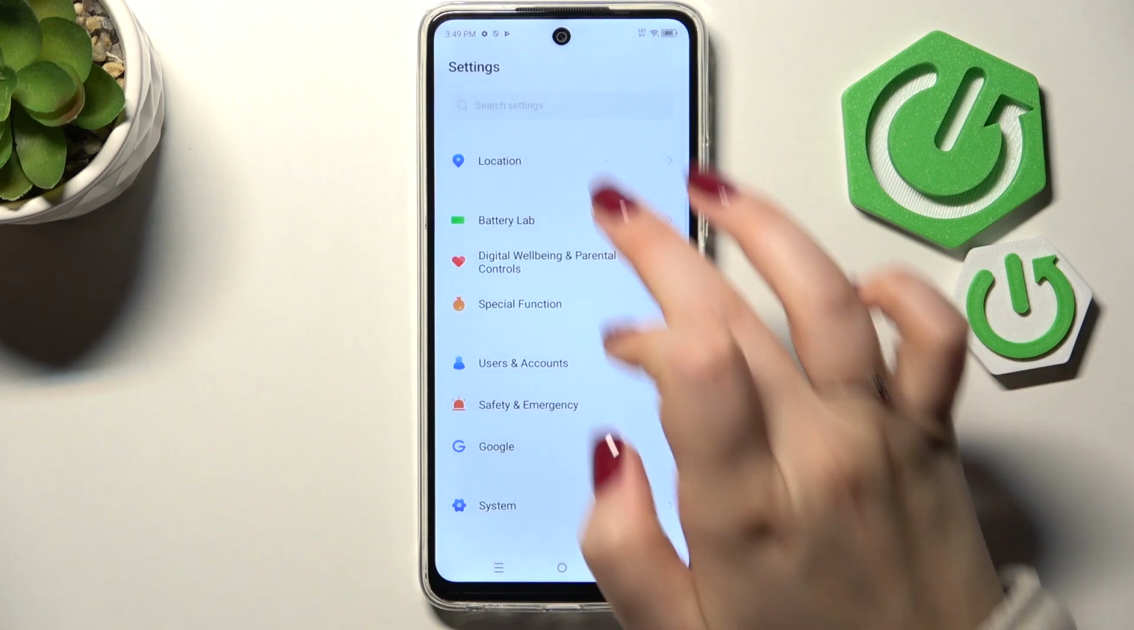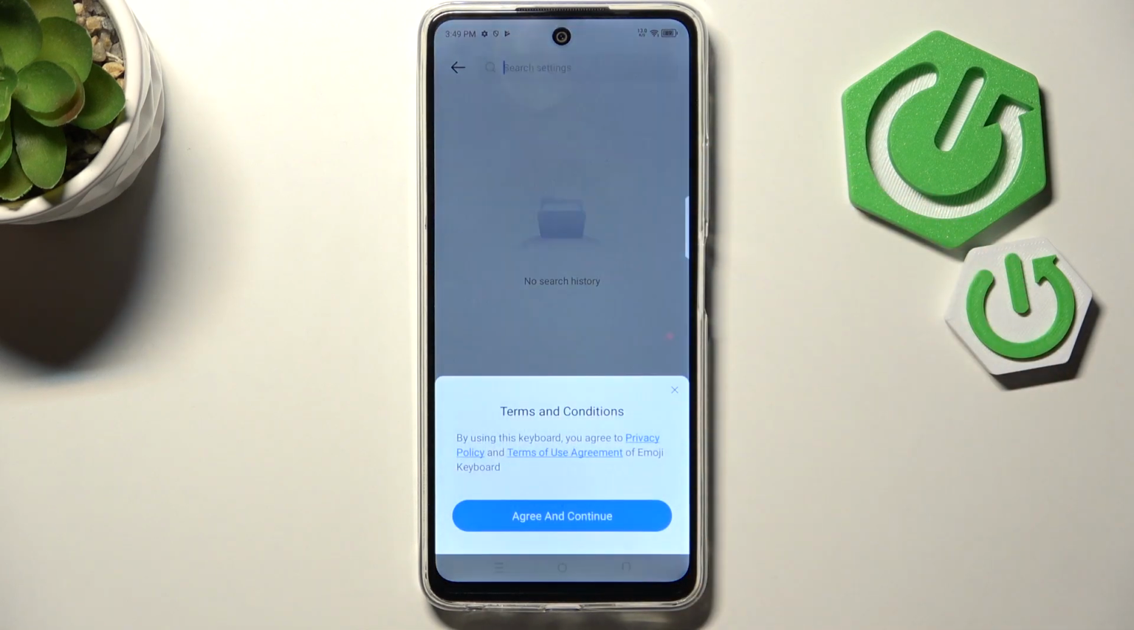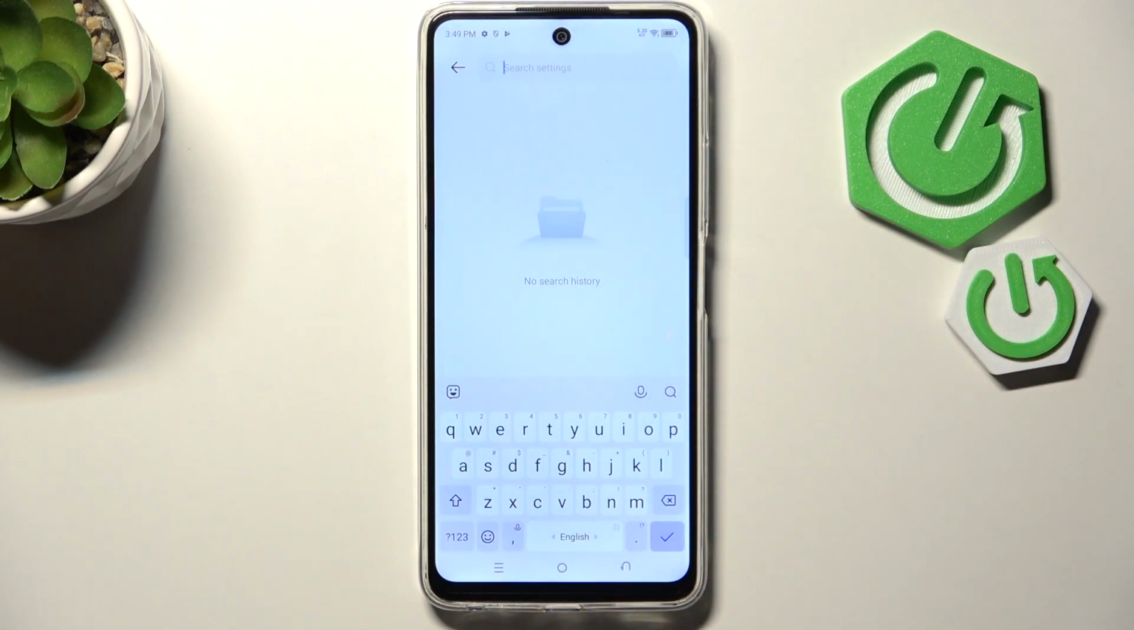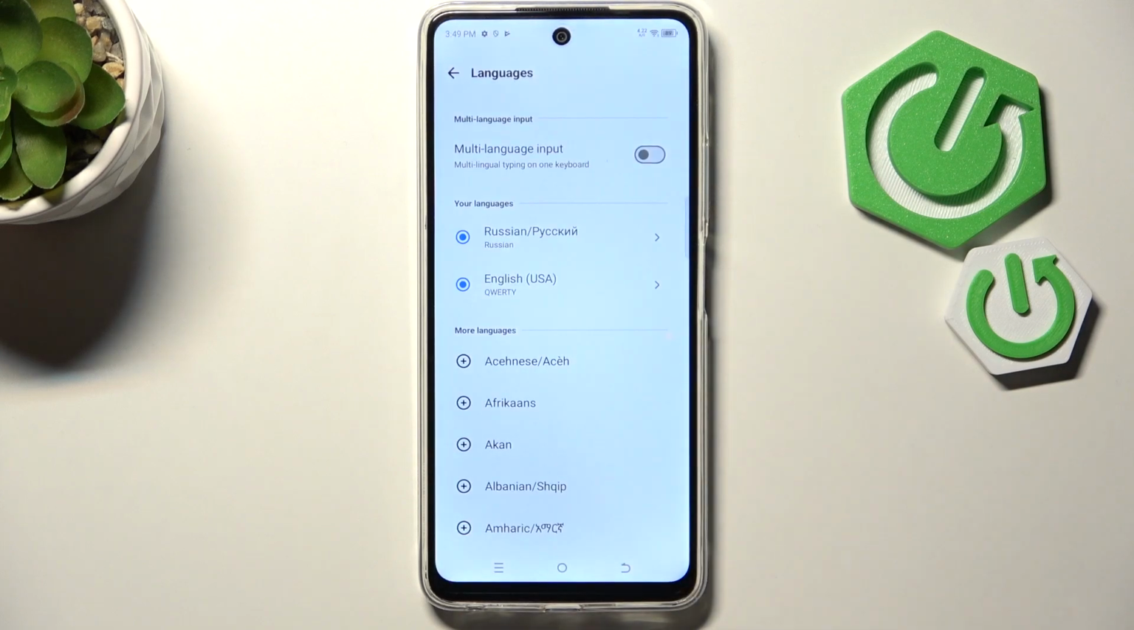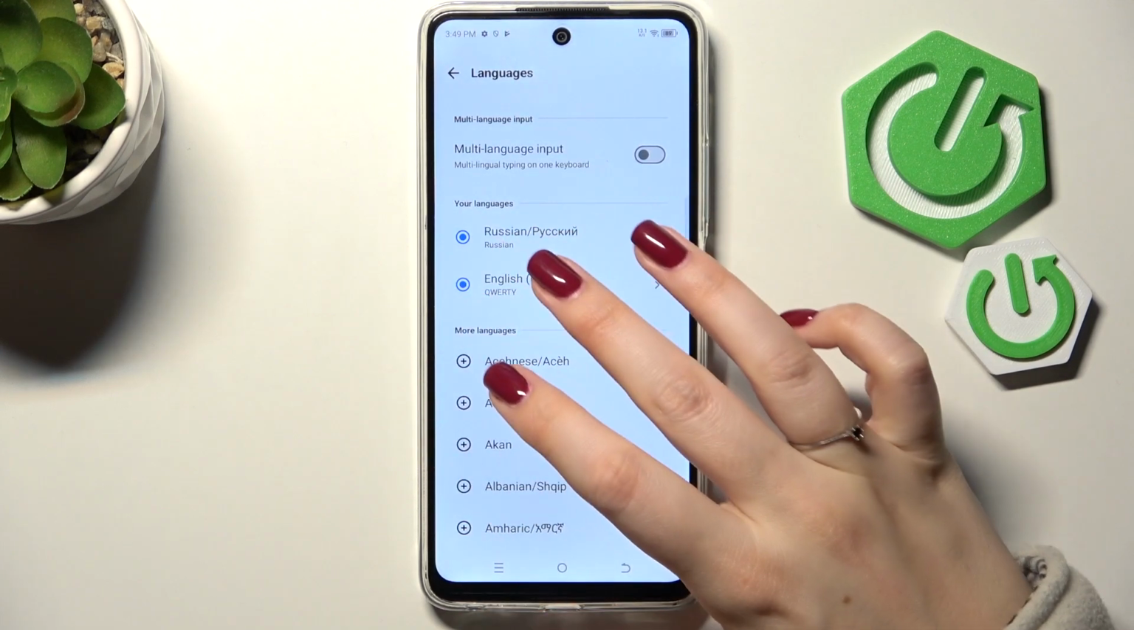First of all, make sure that you will open the keyboard. So for example, in Messages, Notes, Browser, whatever, just have the keyboard on the screen. And now all you have to do is to simply tap and hold the spacebar. Now we have to tap on Language Settings, and as you can see here, we've got the list of our